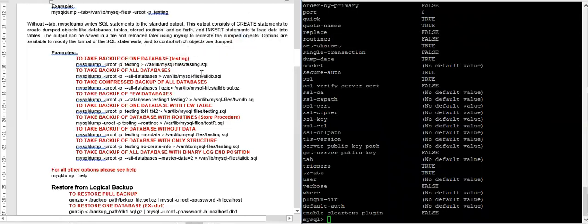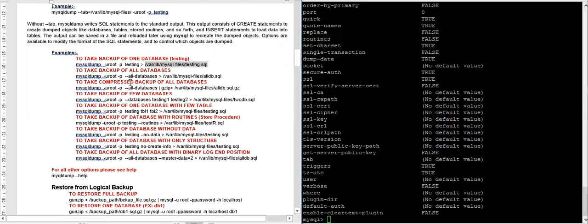If you want to take a backup of only one database, like suppose in our case I have a testing database, then you have to write mysqldump, then the user, the password, and the database, followed by the path and file name where you would like to generate those SQL commands. So it will write all the testing database related create and insert statements into this